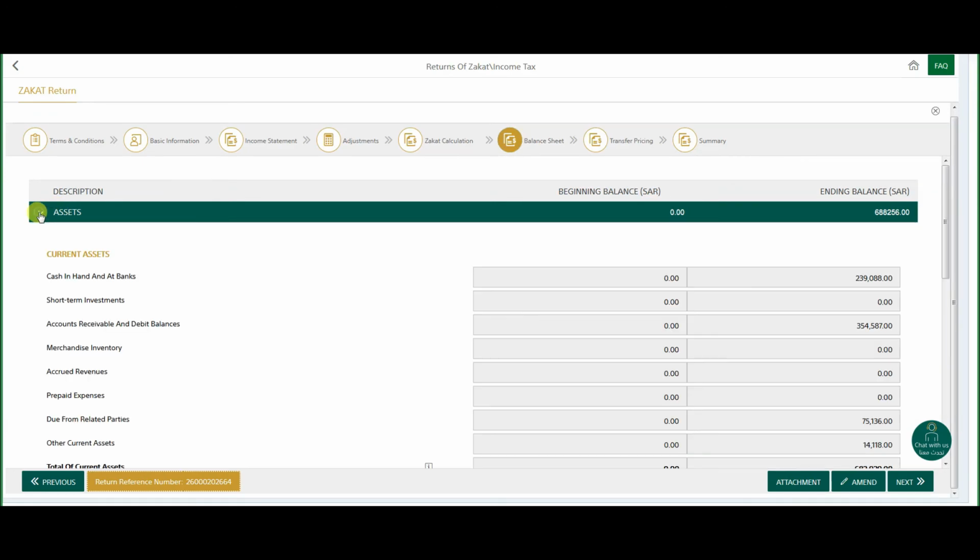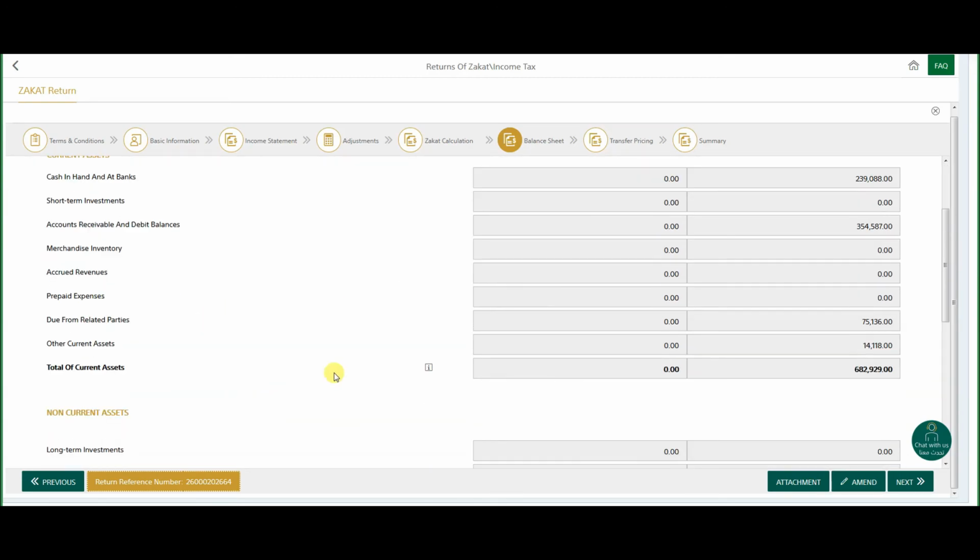After that there are balance sheet items. So assets, you have to mention here the current assets, cash, account receivables, and here due from related parties like partners, if they have invested or if they have withdrawn, you have to mention here. Other current assets, any other current asset like prepaid rents and loans you have given to employees, you have to mention here.